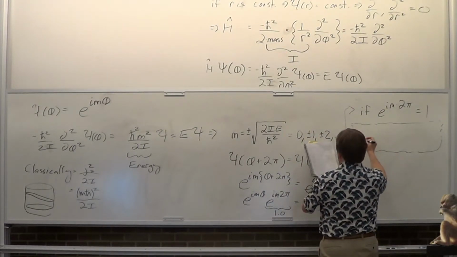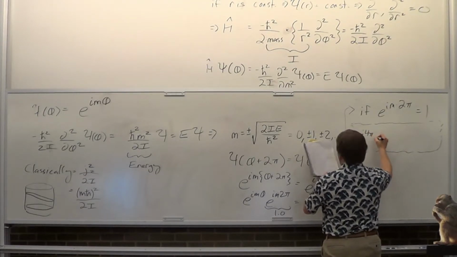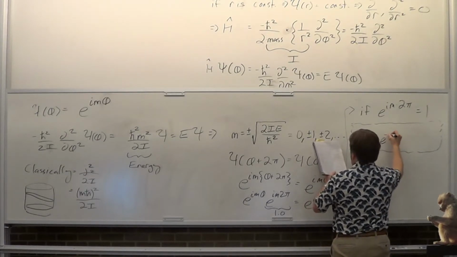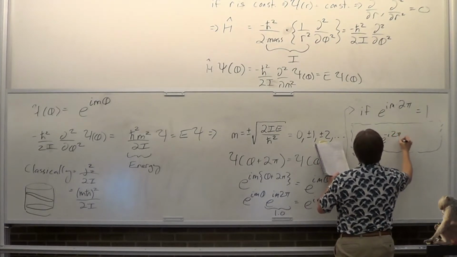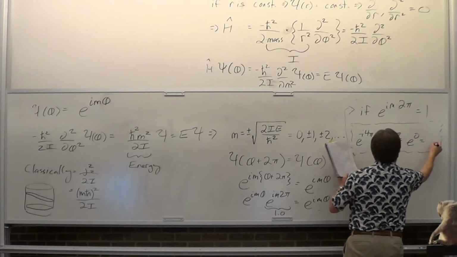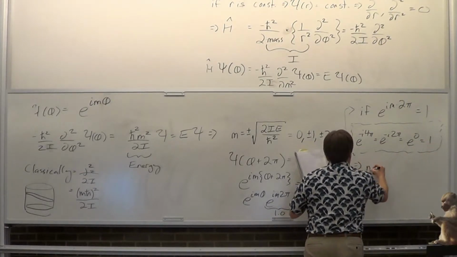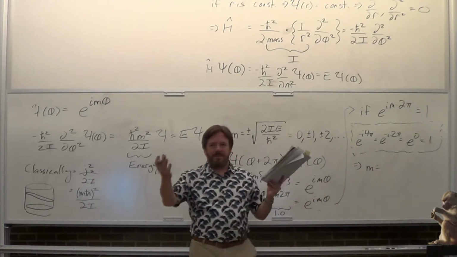You look at the cheat sheet, and you see e to the i·4π is e to the minus i·2π, equal e to the 0, equal to dot dot dot, are all equal to 1. Therefore, m is equal to